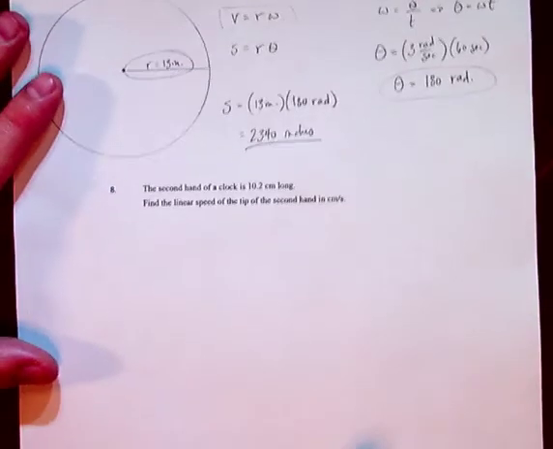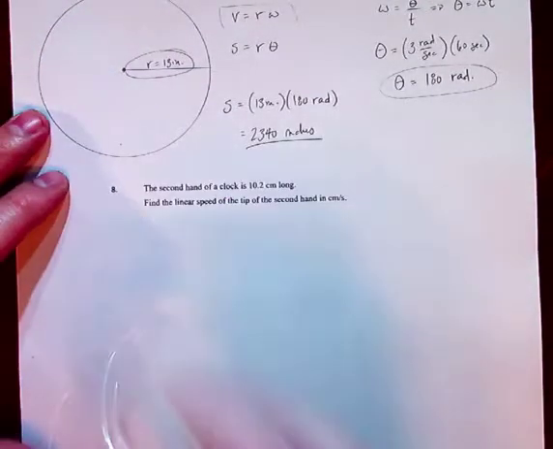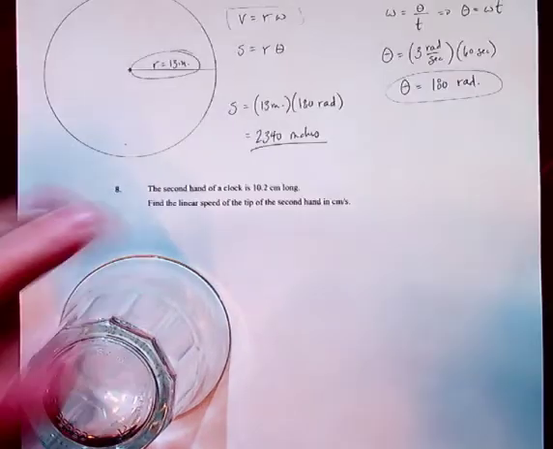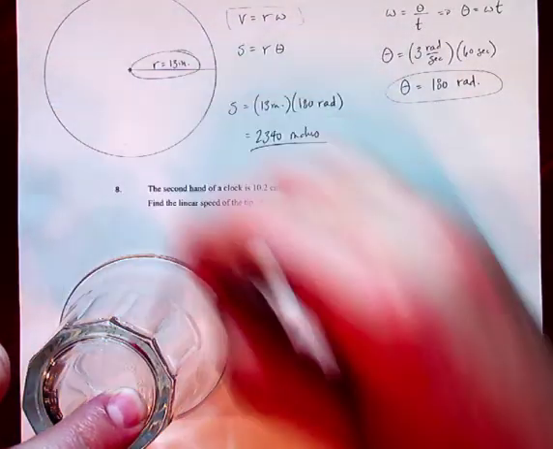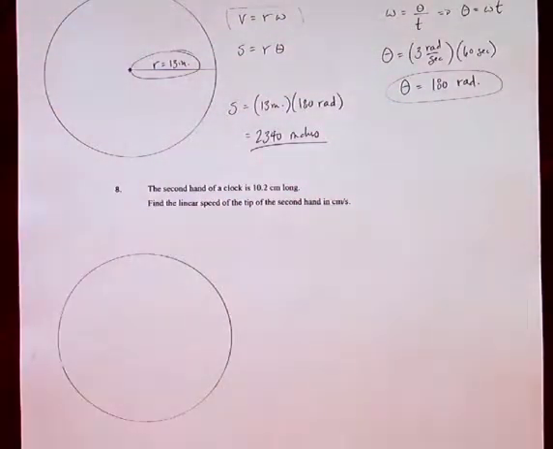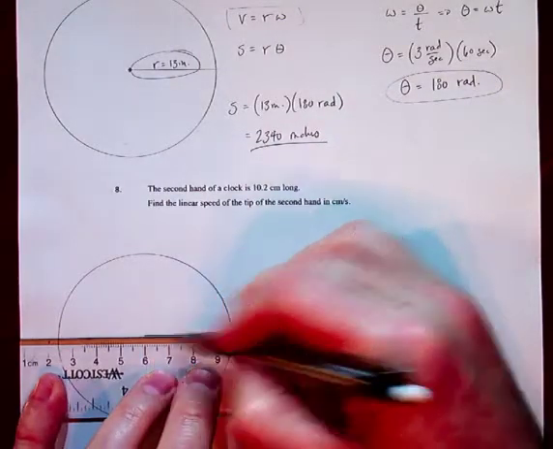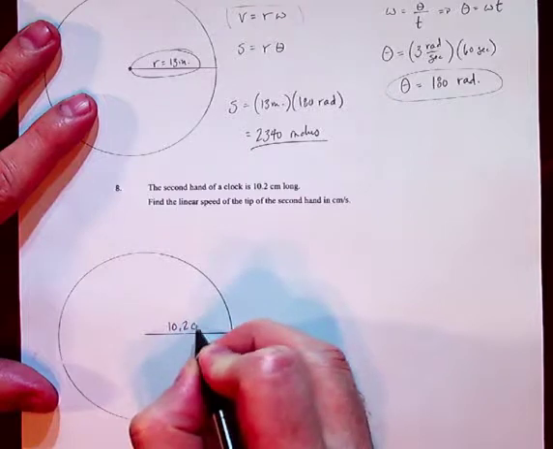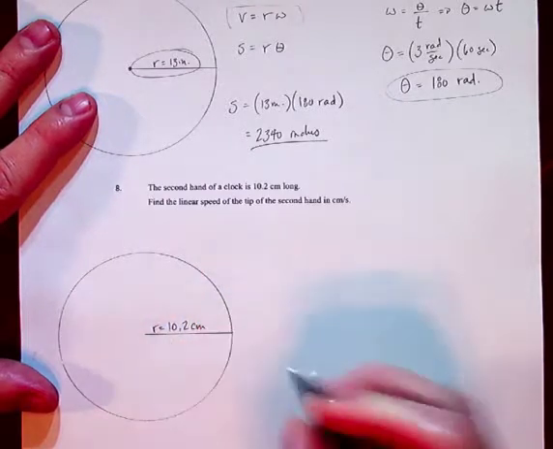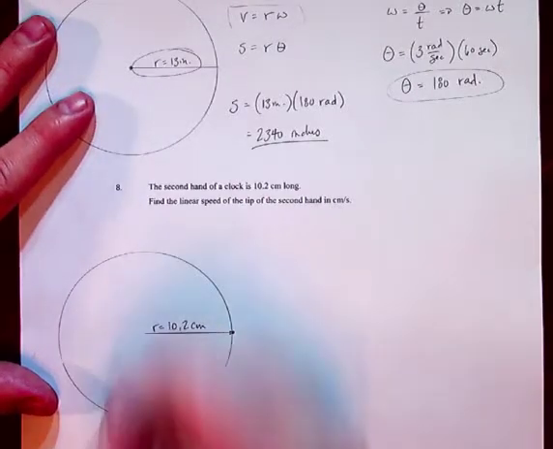All right, let's go down. The second hand of a clock is 10.2 centimeters long. Sorry, I'm using the cup because I actually don't have a really good compass at the moment. My compass kind of wore out, and I just haven't gotten around to buying a new one. So I have 10.2 centimeters, that's my radius, okay? And that's the second hand, and you're thinking about the tip of the second hand as it goes around the